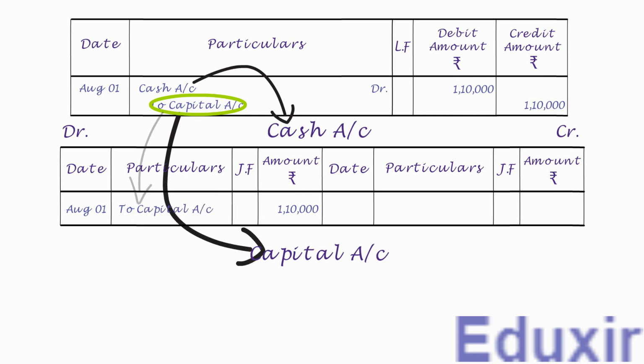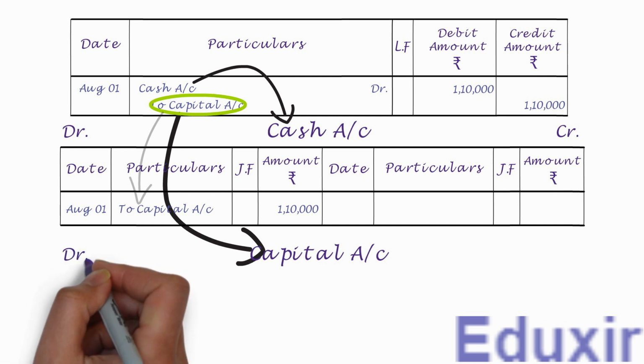If this is a bit confusing, you can go through this part of the description once again by playing this part of the video again. It is important that you understand this before you proceed next. Similarly, let us proceed with the posting of the credit entry from the journal on the credit side of the capital account. We already have the name of the capital account.